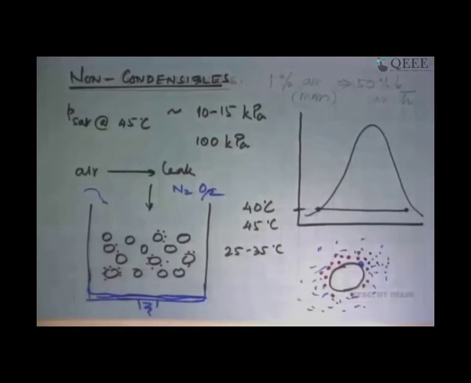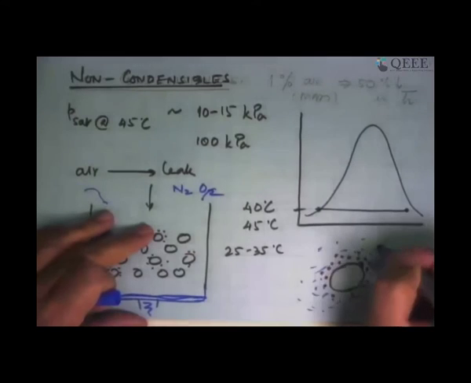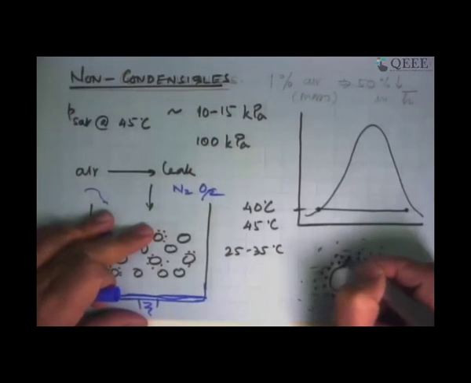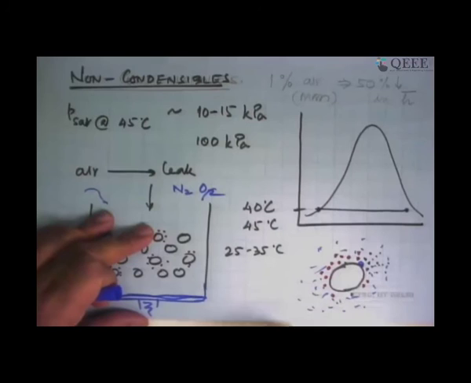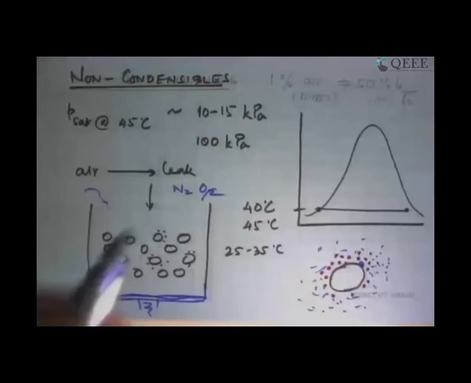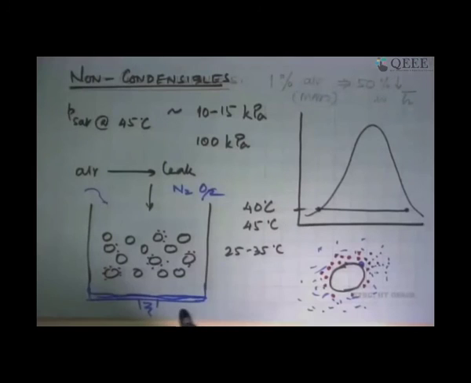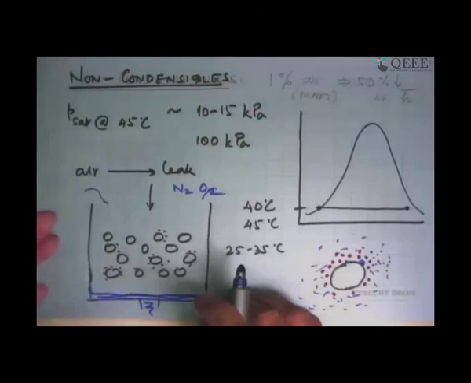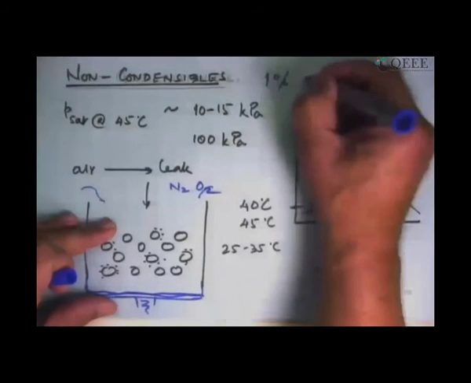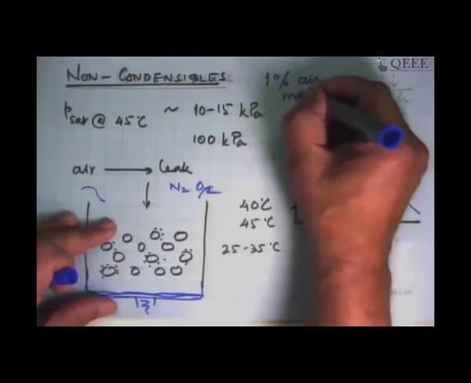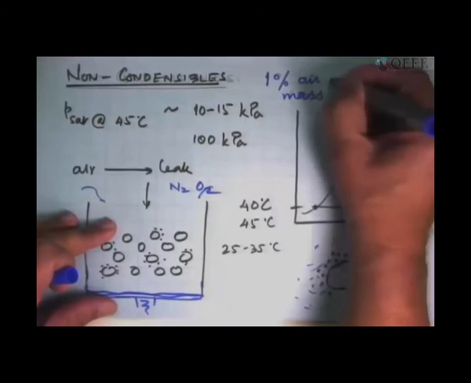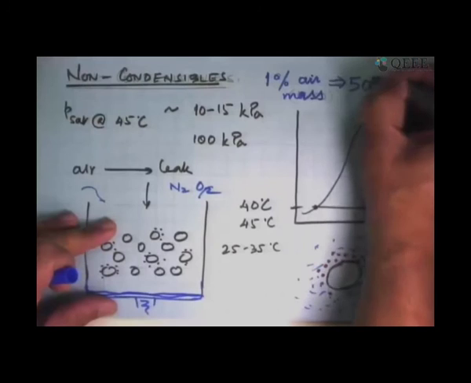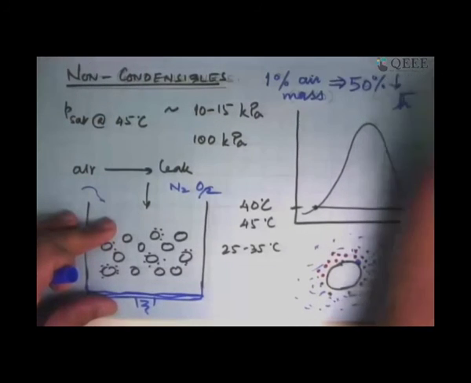So now you have a problem that the H2O molecule, which has to reach the surface, has to go through these air, nitrogen and oxygen molecules to get there. So you got these N2 and O2 molecules sitting there as some sort of a resistance. It impedes the flow of the vapor up to the tube, which means that not enough vapor can reach the surface, and you have a real problem. Measurements show that 1% by mass of air leads to a 50% decrease in the average heat transfer coefficient.